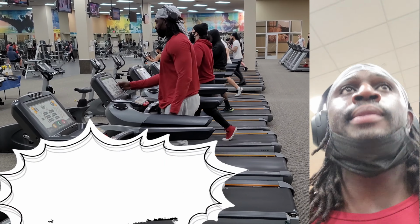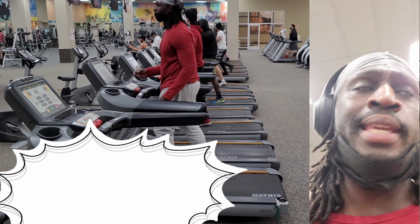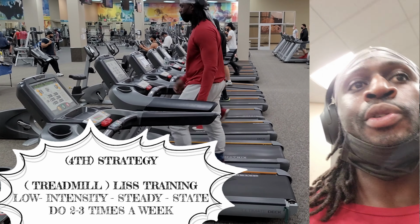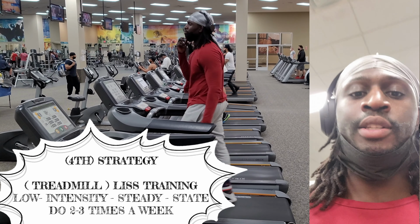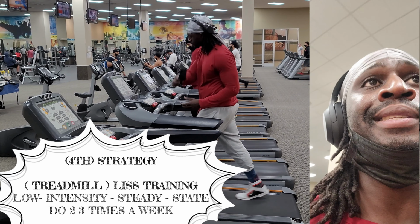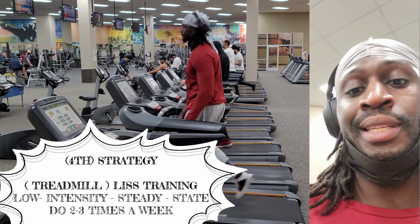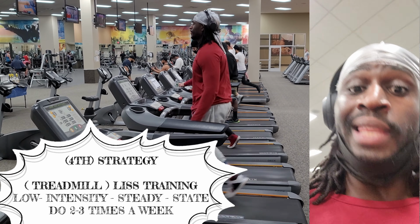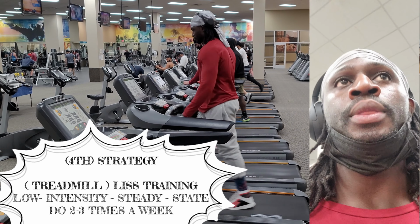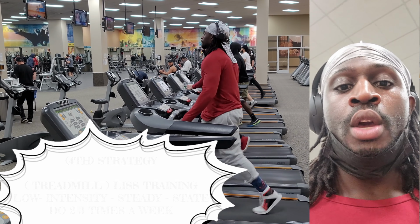All right, the next thing that you could implement, and I would position this either in the beginning of your workout or at the end if you can't do what I'm going to talk about later, is LISS training, which is low intensity steady state training. Basically, on the treadmill, all you're doing is walking at a consistent speed for a certain time, like 15 or 20 minutes. You do that, believe it or not, and it actually burns a lot of fat. And again, I feel like it has more of a mental will to it. So that's another thing that I do normally if I can't do what I'm about to talk about next,